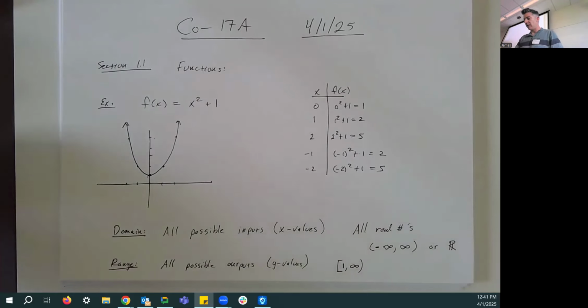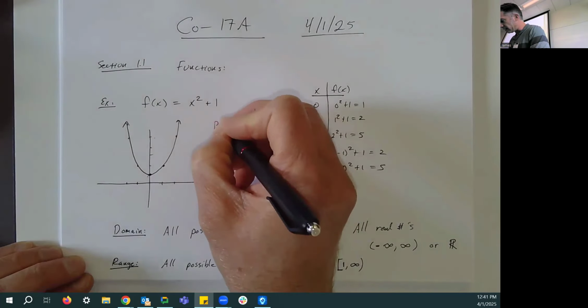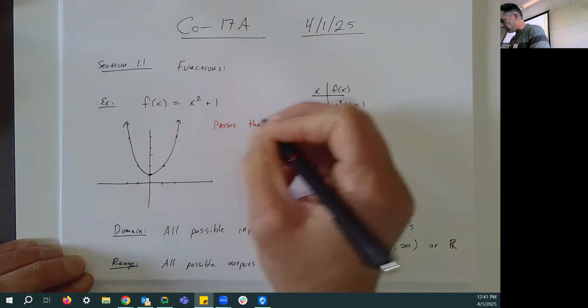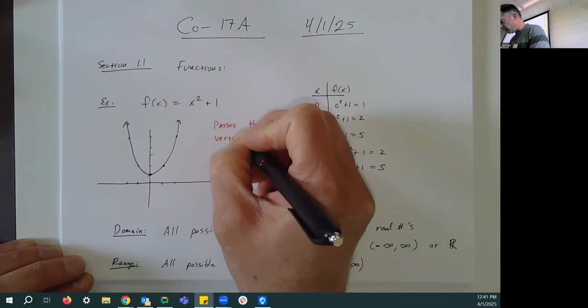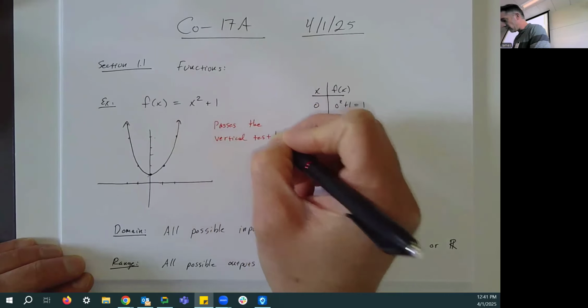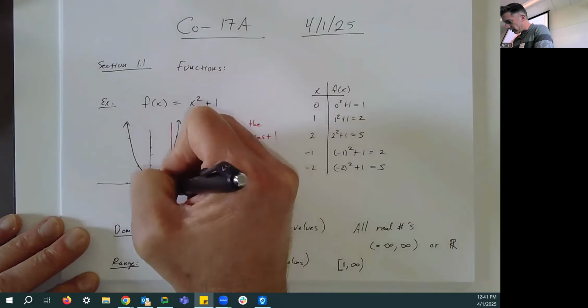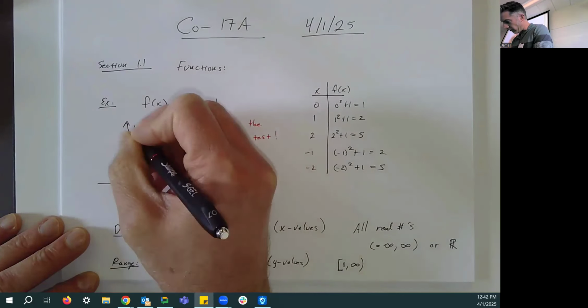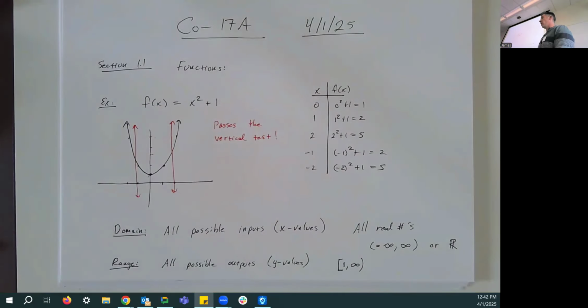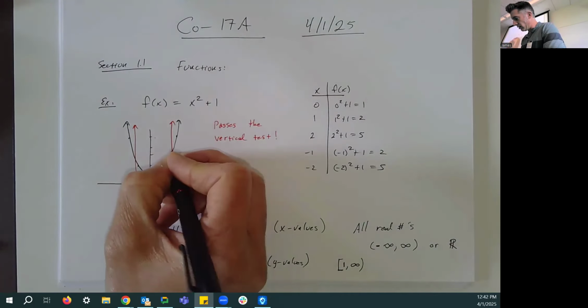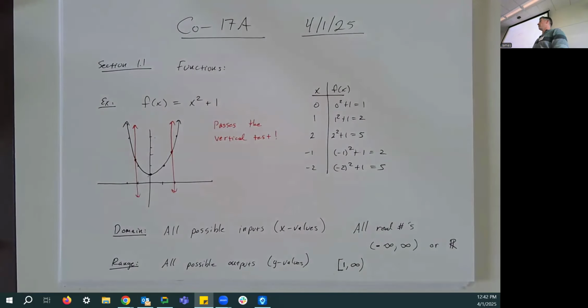One way to kind of say that this is a function is that it passes the vertical line test. So this function passes the vertical line test. What is the vertical line test? The vertical line test is that if we draw any vertical line, it should only touch the function in at most one point. So no matter where I draw a vertical line, whether it's here or further left or further right, it only crosses the function in one point. I should say at most one point. It might not cross the function at all.